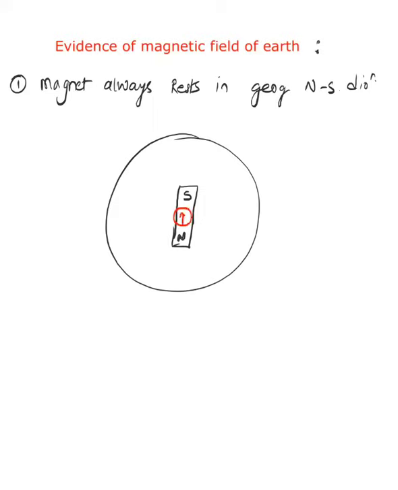Now, if I place a compass here on the Earth, how will your compass needle go? The pointer will go up. Why? Because north of your compass will get attracted to south. So this is called geographic north. This is called geographic south. But actually your geographic north is magnetic south, and geographic south is magnetic north. So there are two different north and south. One is of the magnet, Earth's magnet, and one is of the geographic. What you always follow in your maps and geography is the geographic north-south only. Other than in physics or in this chapter, those magnetic ones are not of significance to us generally. Okay.